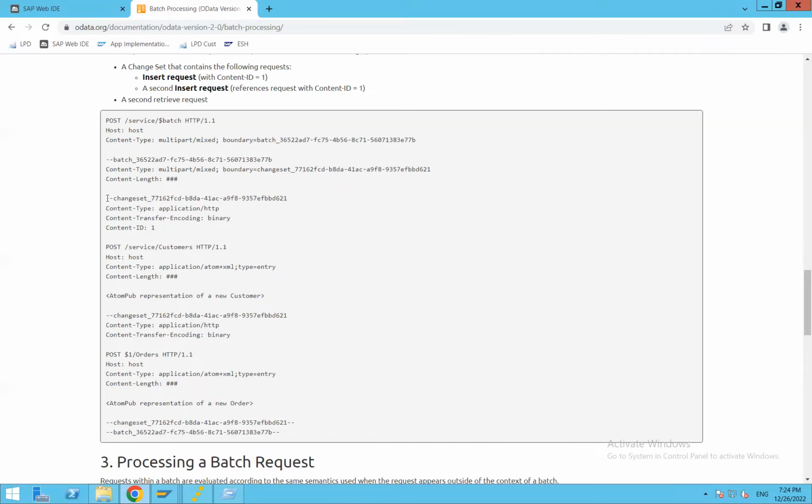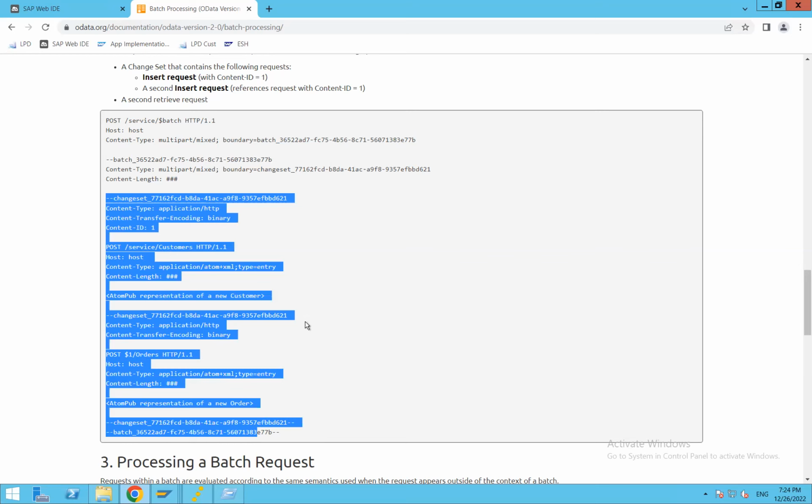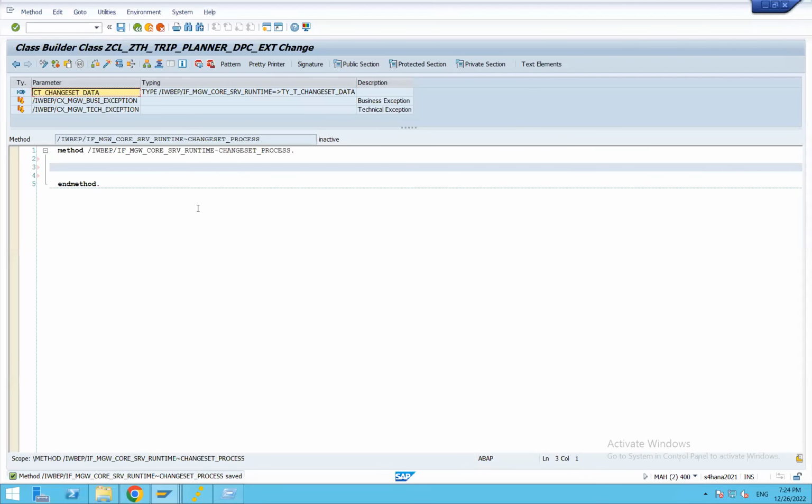Whatever the operations are in this one, everything will come into CT change set data. So whenever a change set is coming with a particular entity type and so on, let's go ahead and